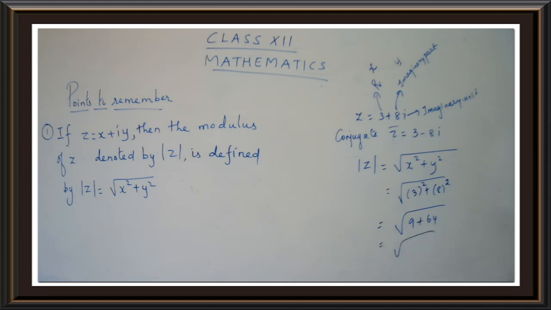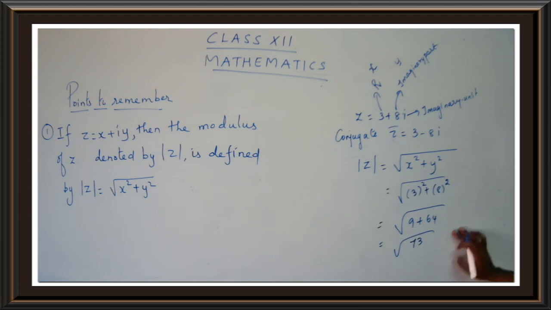Tell me the answer. I hope you are doing the work, yes? So you have to write down the answer, okay? 73. Yes. Okay children, so this is how you have to find out this. So no need to go for the simplification, you can just keep the answer as it is. Okay children, so wherever it is possible, try to simplify the answer. In other cases, you can keep as root 73. I hope you are clear with this value children.